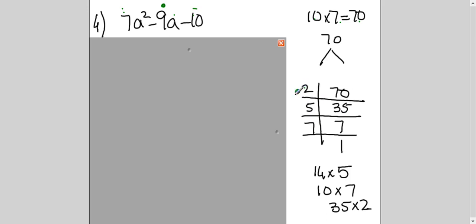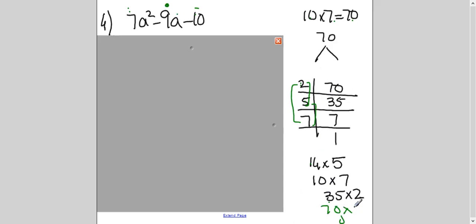So for example, I did 2 7s are 14. 14 multiplied by 5 will give me 70. Then I did 2 multiplied by 5. 2 5s are 10. 10 multiplied by 7 is 70. Then I did 7 multiplied by 5. 7 5s are 35. Multiply by 2. So these are the three forms of getting 70 I have gotten here. And of course, one is 70 multiplied by 1 itself. But I have to see out of these four